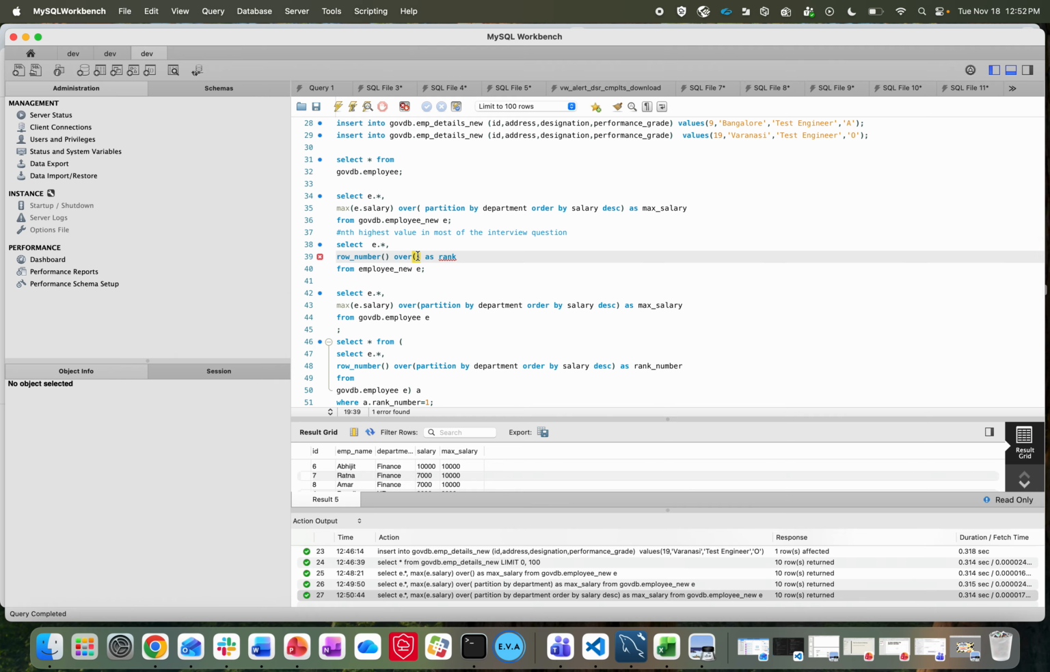Okay, in the over we have not given it as e is given, yeah, partitioning it. Partition by department. Yeah, now it will make sense. Partition by department. So select e dot star comma row number, yeah, over partition by department as rank name,